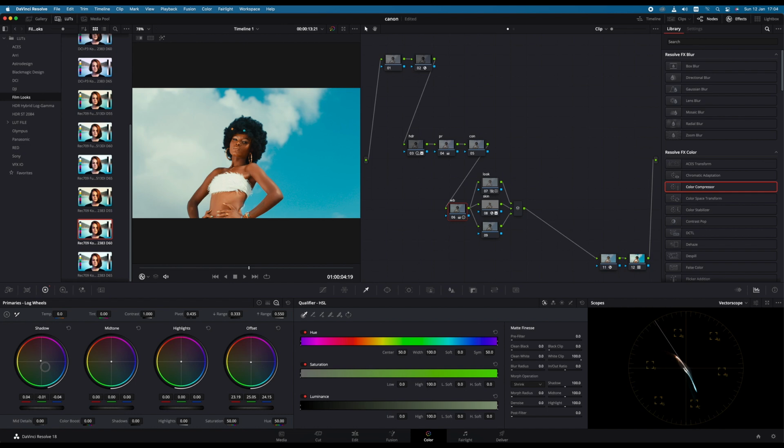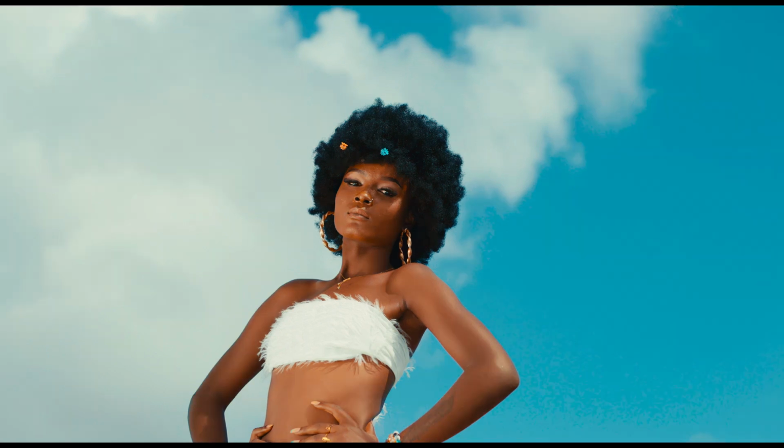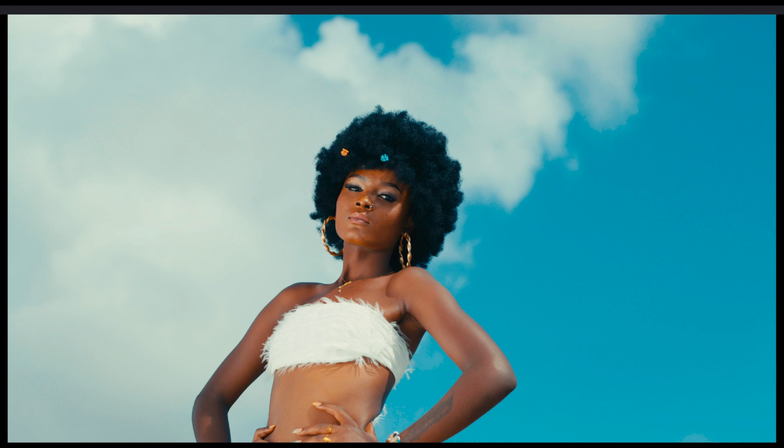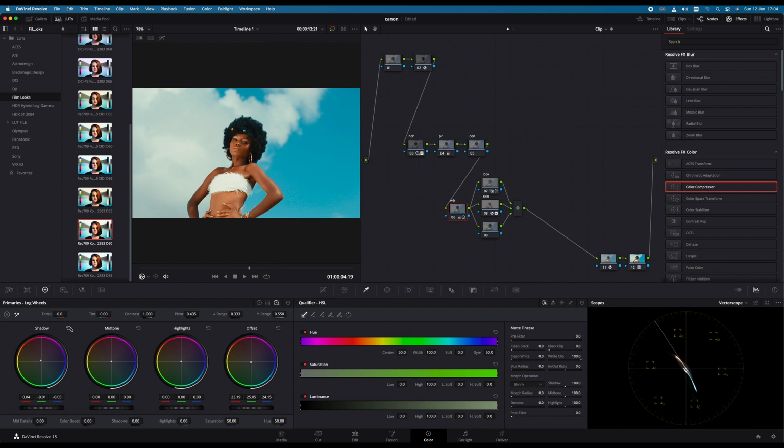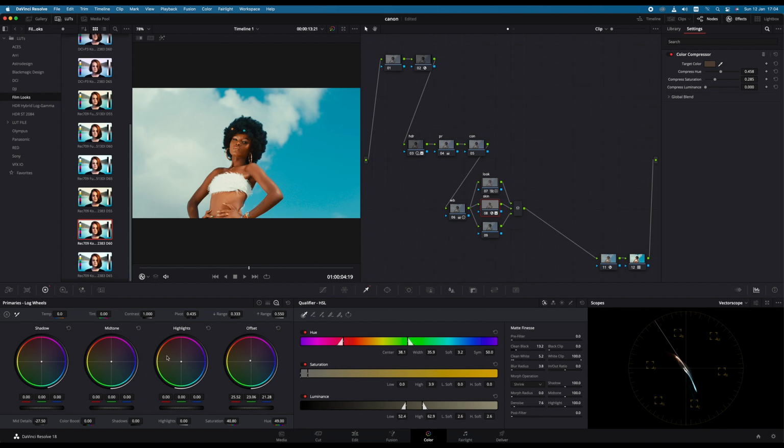Okay, somewhere here it's way better. So you can see that here she is. It's looking okay. It's good for me. Although I feel like there is a lot of orange on her skin, so I'm gonna try to balance it a little bit to reduce some orange, but I think up to here